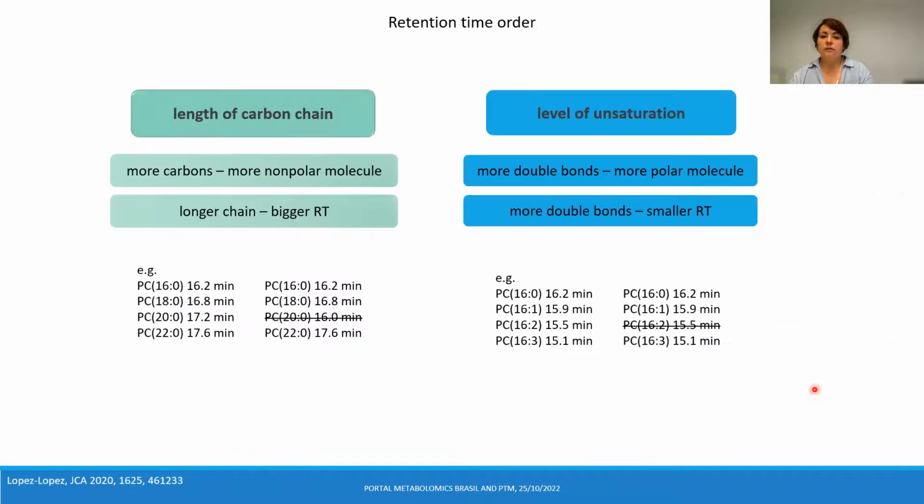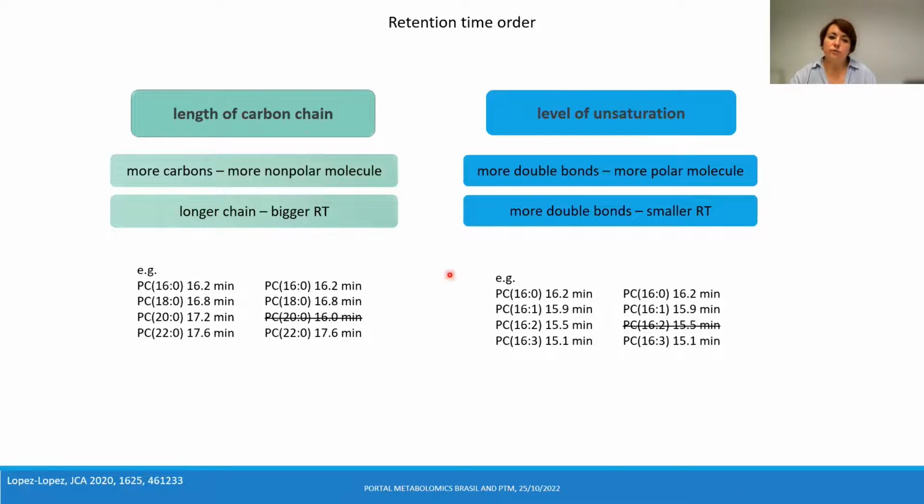order. And in this way, we are coming to the elution order information, because LC, in contrast to GC, is not that reproducible in terms of retention time. Furthermore, the number of available columns, modifiers, mobile phases, gradients, and so on, makes it basically impossible to use retention time for a direct comparison between different laboratories. But we can always use retention time order. So we forget about the absolute value of the retention time, but at least we want to know if some lipids are eluting in correct order.